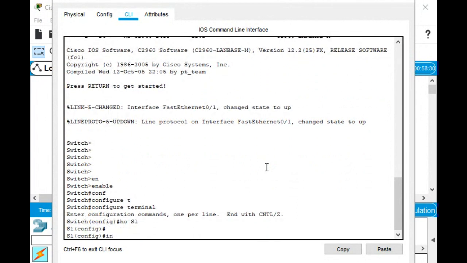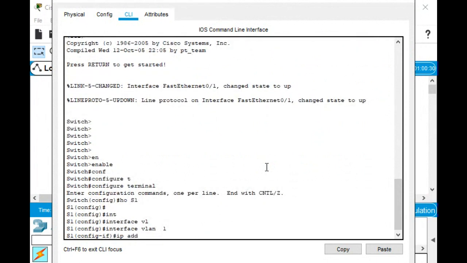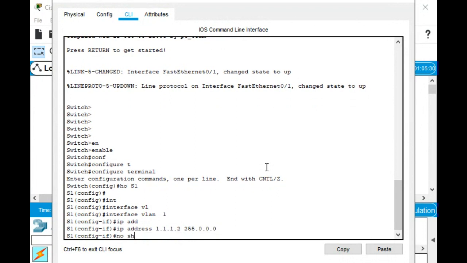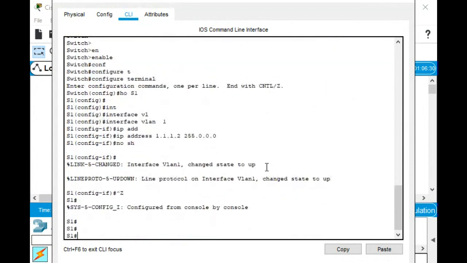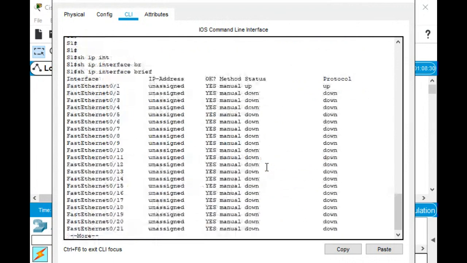And then let's go to interface VLAN 1 and give it an IP address. How about 1.1.1.2? We'll say 1.1.1.1 for the router that's not here. I'm doing no shutdown. So if I type show IP interface brief,